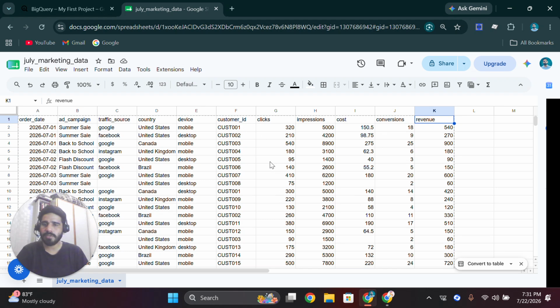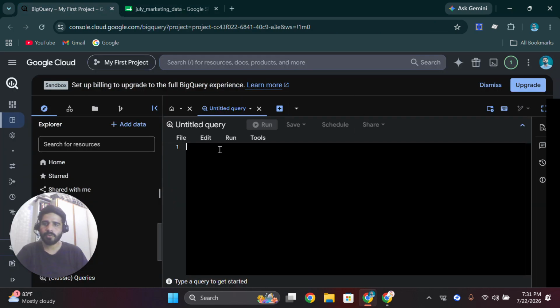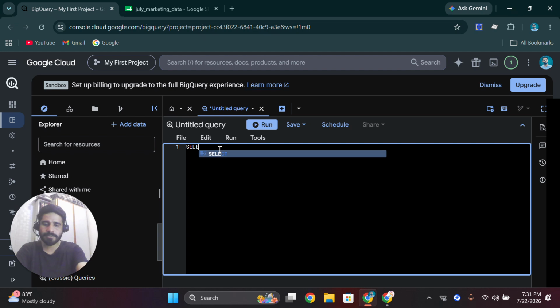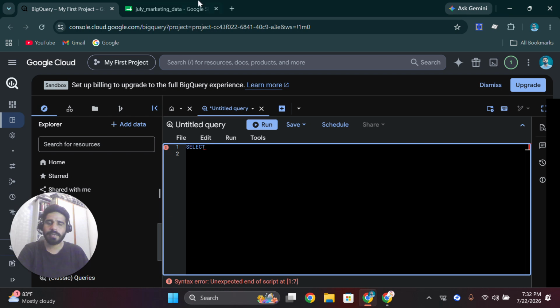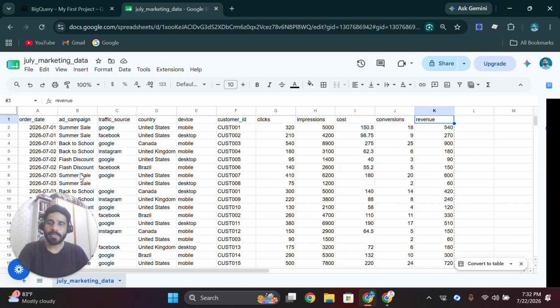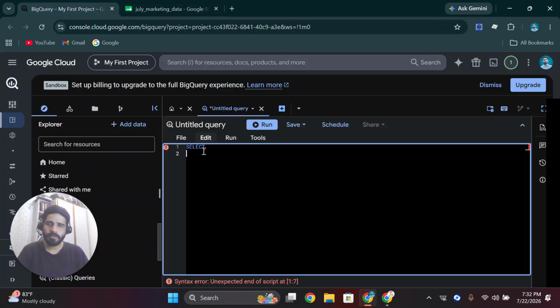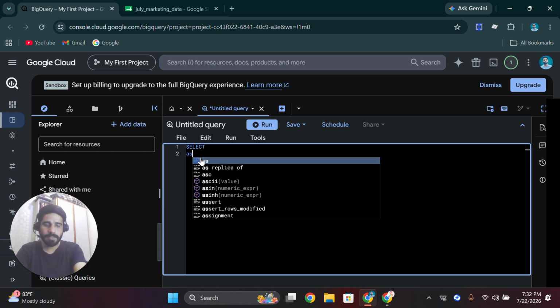If I want the CPC, for example, if I want to know the cost per click, for this I have to divide the cost by the clicks. So how can we do it in SQL? So select, and I would like to know what ad campaigns contain what CPC. So for this I would select the ad campaign,